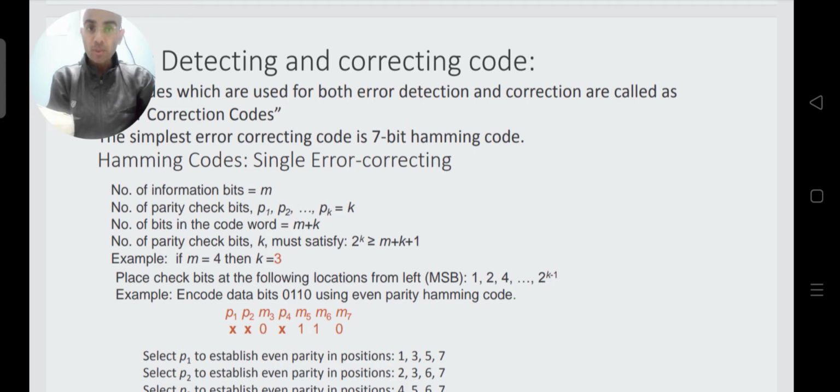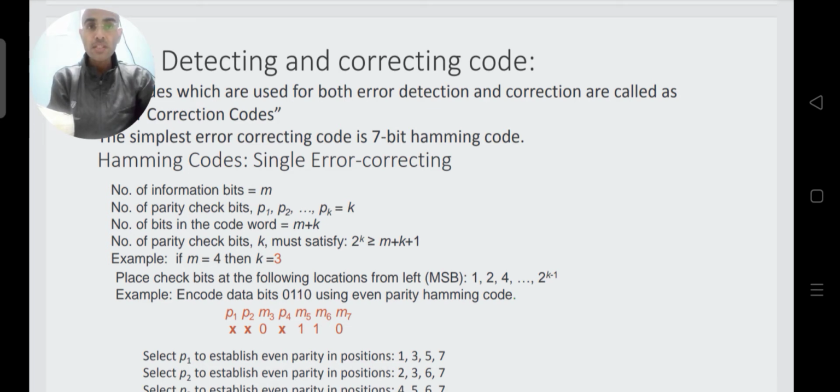To form a Hamming code, let us try to understand it with the help of an example. Let us say a message is transmitted and the message has m number of bits. So if the message has m number of bits, then the number of parity bits will be added, and the total message including the parity bits will now be called the Hamming code.